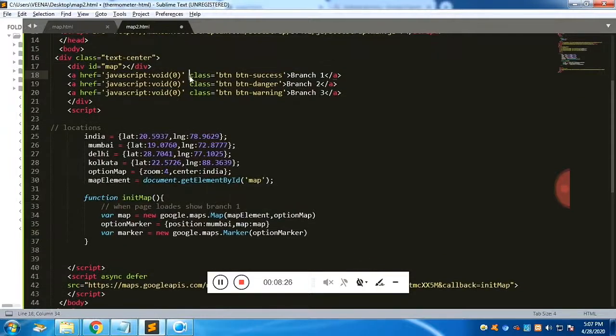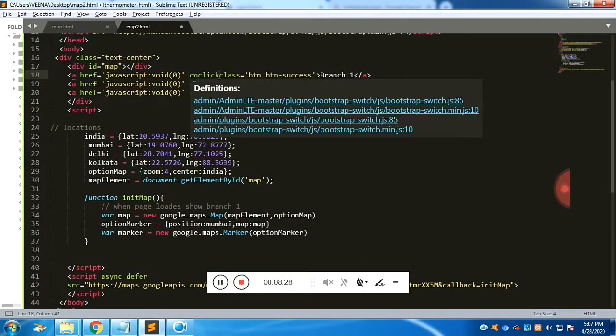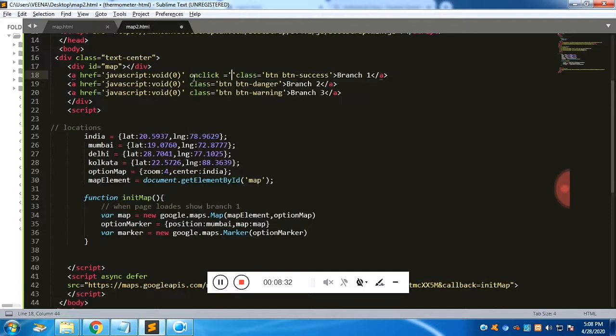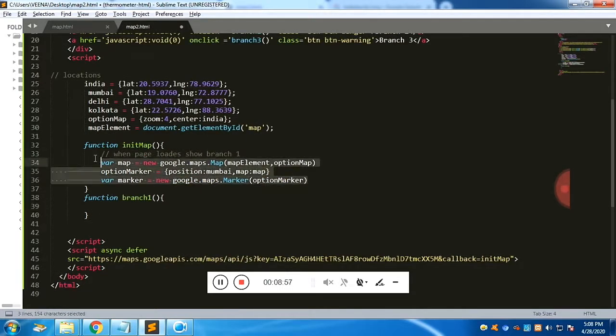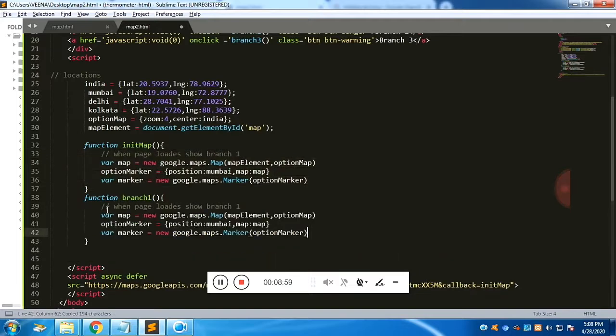Now when we click on the branch 1 button, we need to call a function called branch 1. The same way, do it for all the buttons. When the first branch loads, we want the marker to be in Delhi.